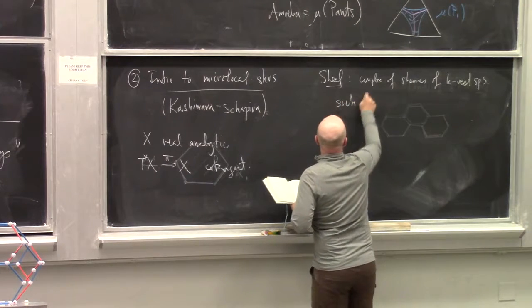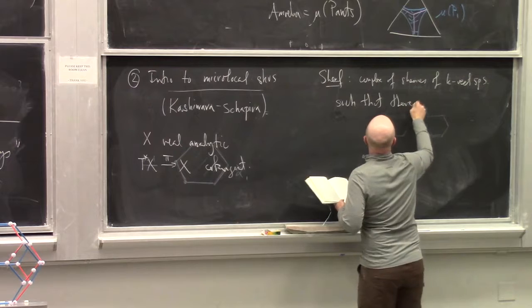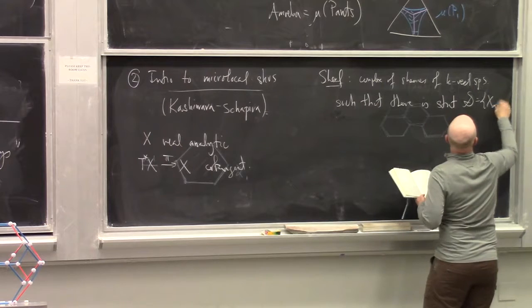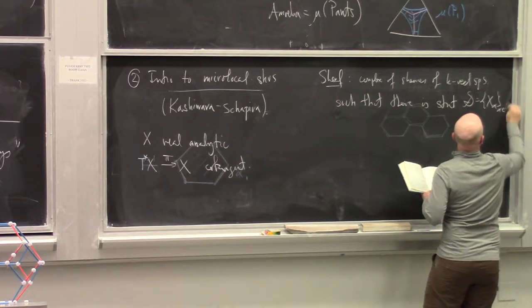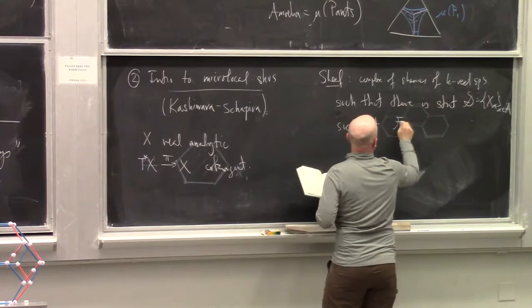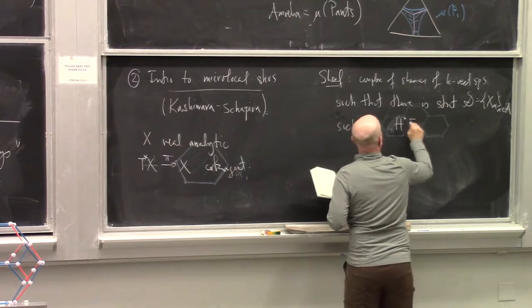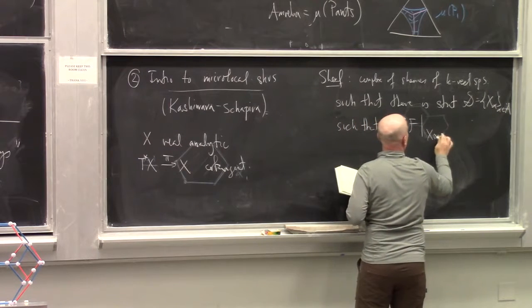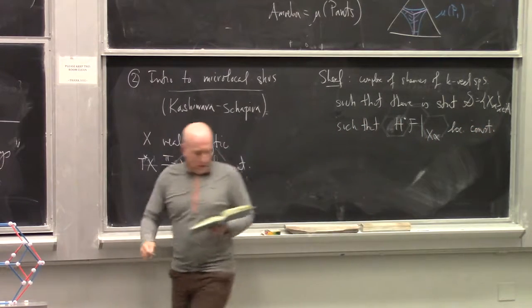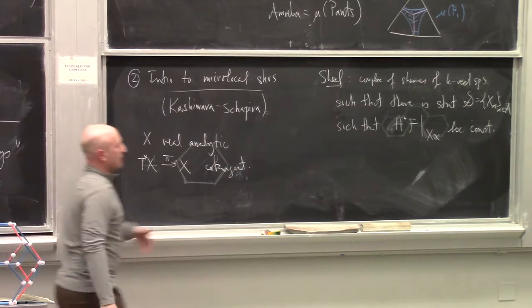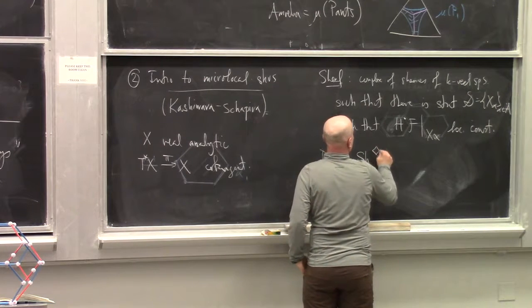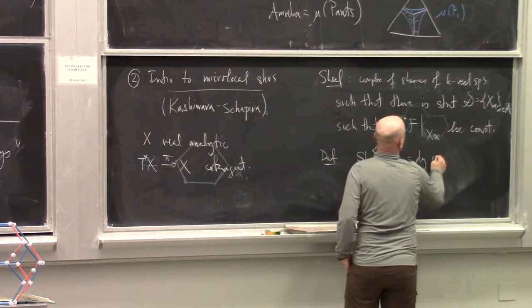Such that I want the following tameness. I want to assume that there's a stratification S of X such that the cohomology sheaves of the complex, restricted to each X alpha, are locally constant. And then of course I want to consider a DG category. So, definition: I'm going to write sheaves diamond on X to be the DG category of sheaves.